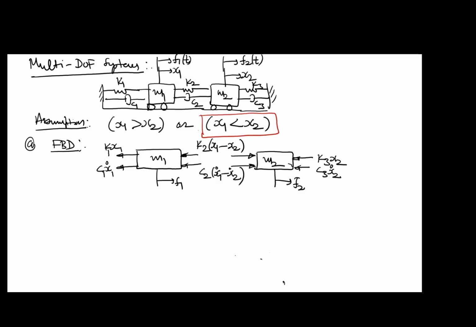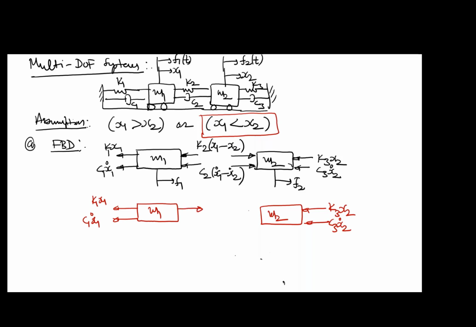If we take the other assumption, I'll draw the free body diagram again in red color. The same thing will happen with M1 and M2. Nothing will be different for the spring K1 and nothing will be different for the spring K3. All those forces will remain the same. The only difference lies in the middle spring, where the assumption is now different. Because x2 is greater than x1, when both the bodies are going towards the right and x2 has more displacement, the distance between the bodies will keep on increasing. As the distance between the bodies keeps on increasing, the spring K2 will come under tension. Once it comes under tension, it will pull both the bodies inwards.